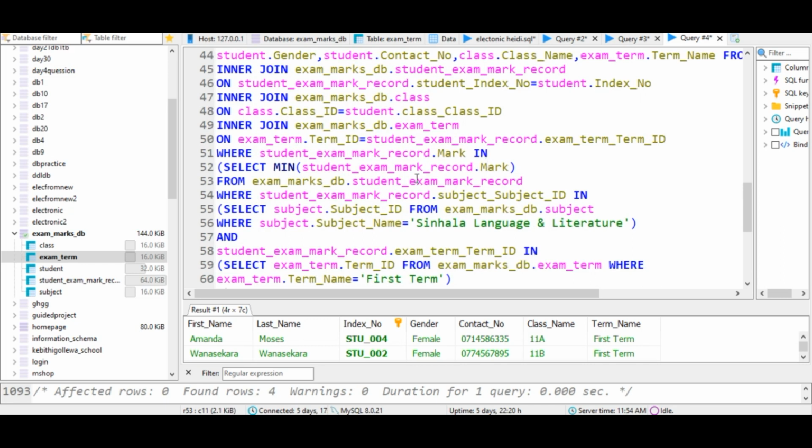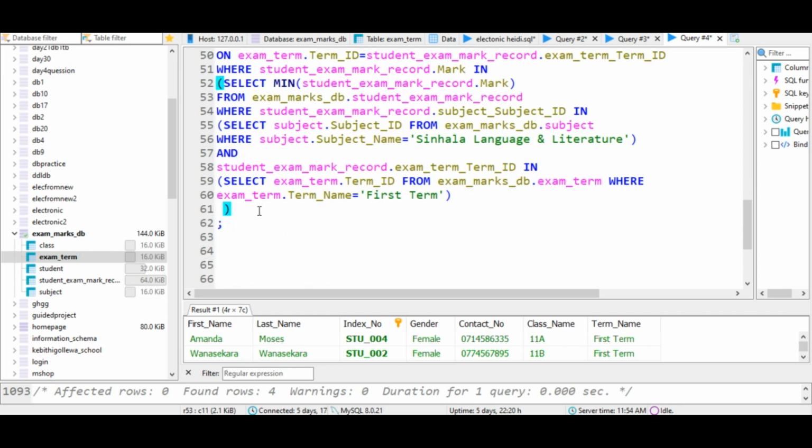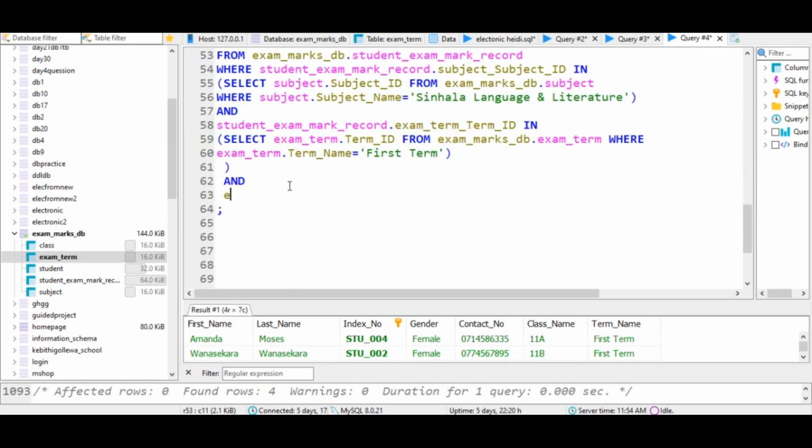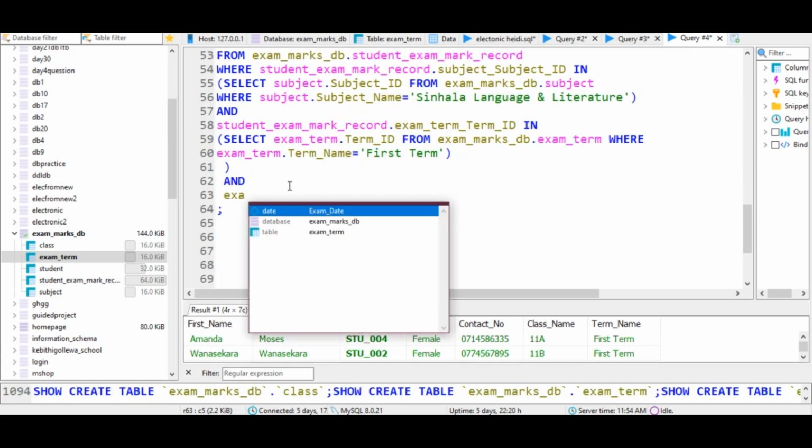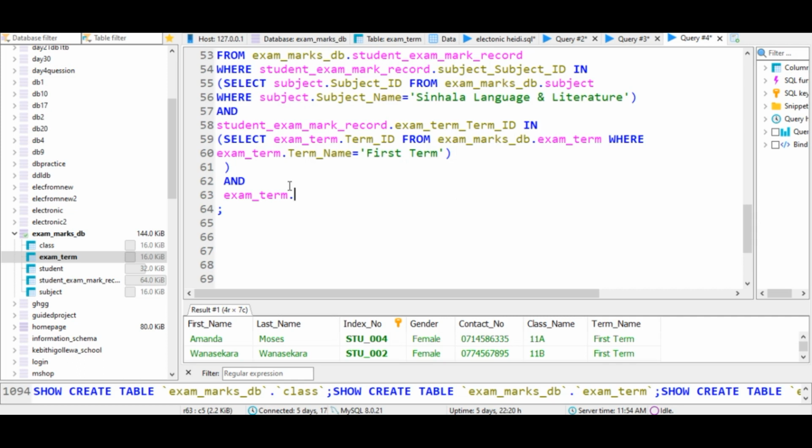So I'm going to say after this query I'm going to say and the exam term table's term name is first term,